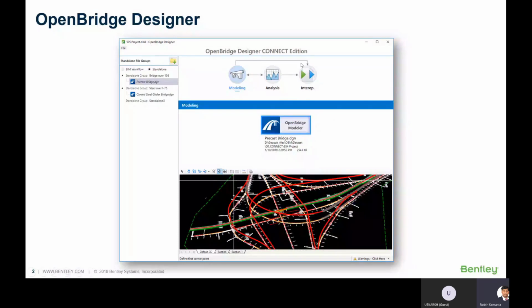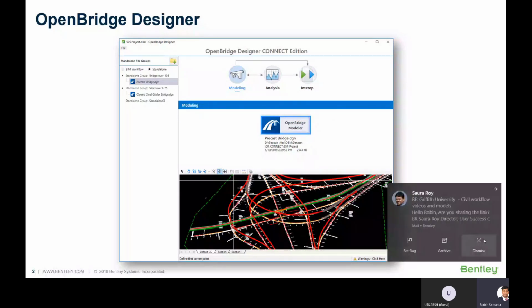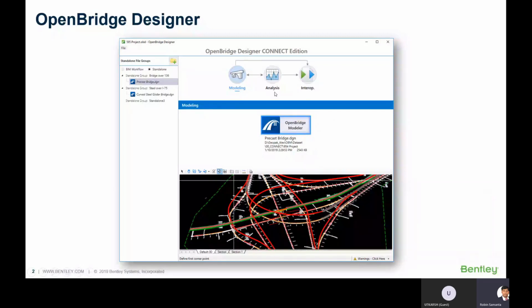And then obviously there is interoperability. This interoperability with analysis and modeling, you can see, is both ways. Once you send this 3D model to the analytical tool, you are analyzing it, you are designing it, right? And then obviously when you analyze and design it, there are changes, and when these changes are there, you try to pull that back to your 3D model, and you can actually do that through this interoperability. Also you can interoperate this 3D model to other disciplines as well, right? So that is the idea of our interoperability.